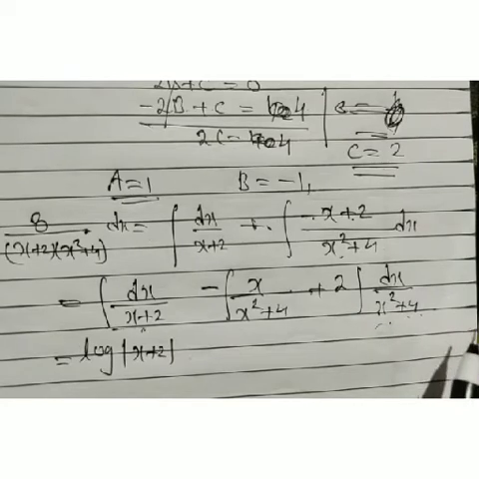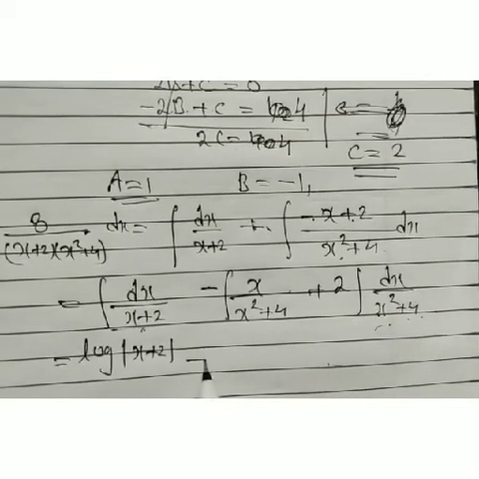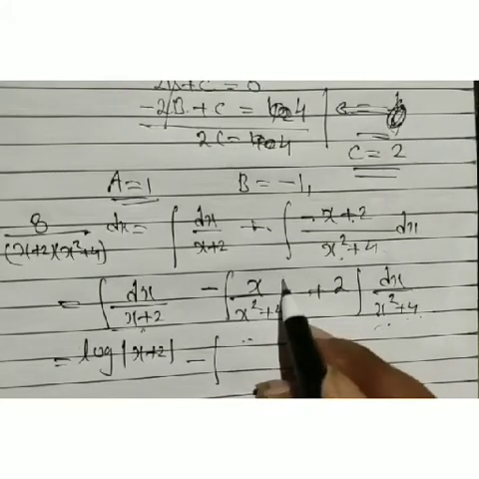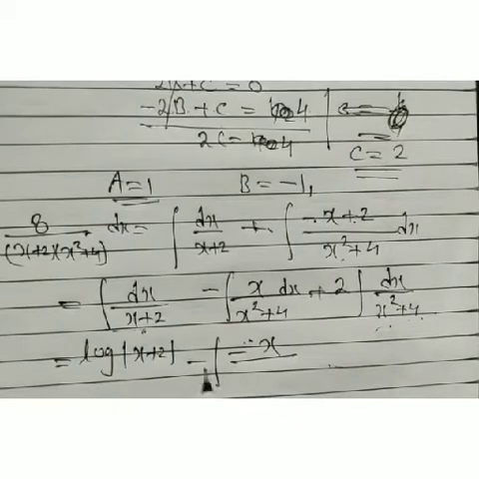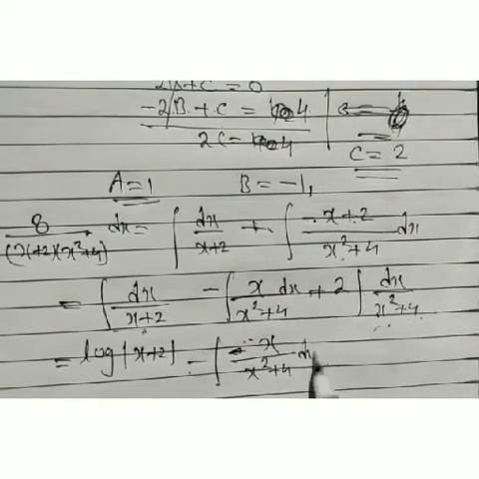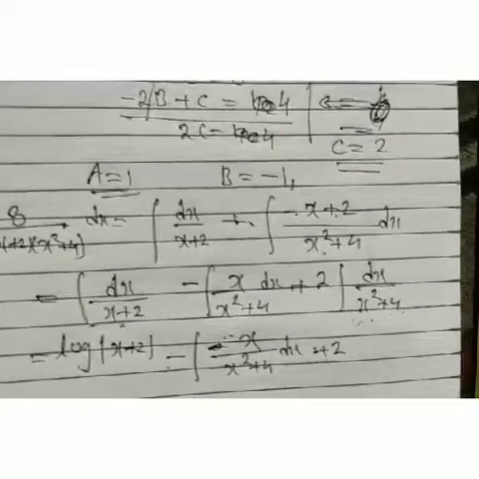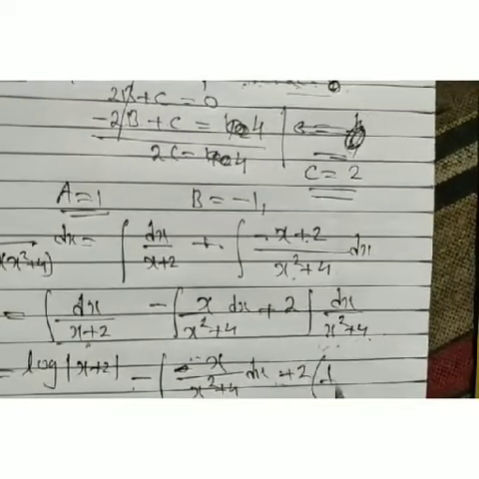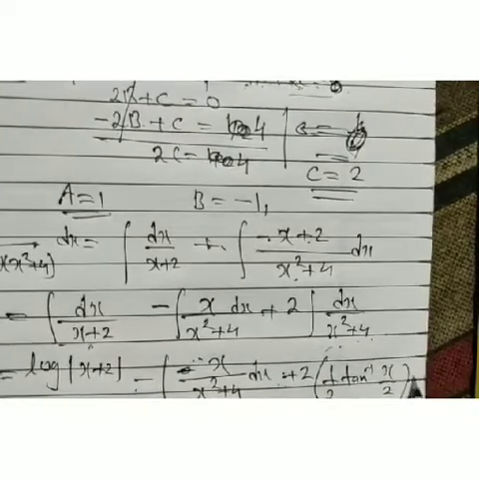You know that its value is 1 upon a tan inverse x by a. Then we get the values. We are not going to solve this section, just retain it: integral of dx upon a minus x square plus 4. Now we use our formula there, 1 by a, our a is 2 there, then 1 by 2 tan inverse x by a plus c.